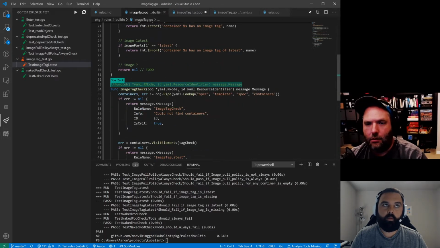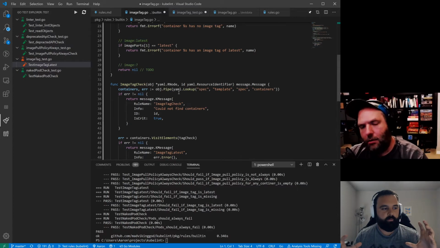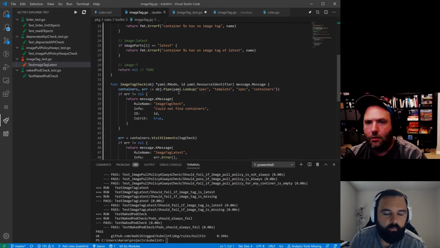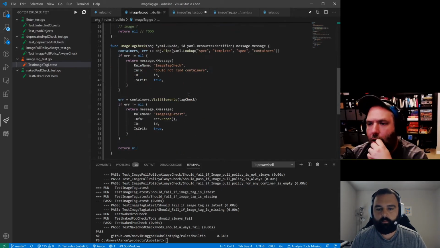Usually the file is one cohesive unit that's a little bit bigger than just one function or one set of things. So like, yeah,